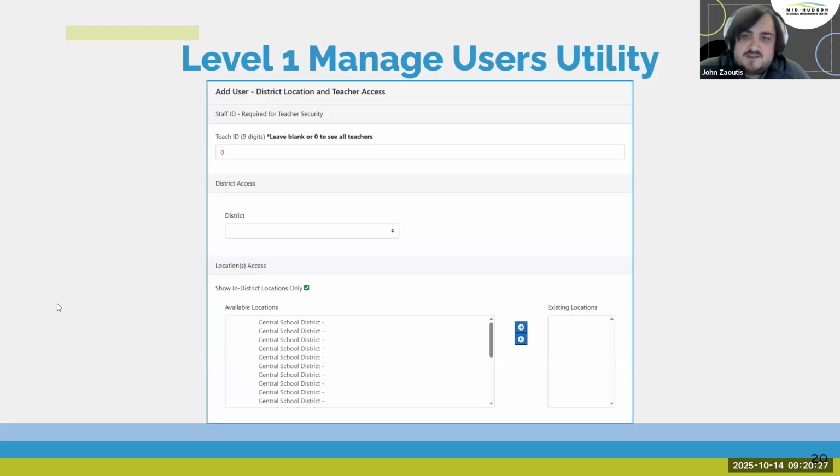The user's account will be created and they'll be automatically emailed a sign-in link to Level 1. This is just a sample of what the district, location, and teacher access part will look like. You've got the Teach ID at the top, which defaults to 0, but you can enter the actual Teach ID. District, like I said, will autofill in. I just blanked it out. And then available locations: you can click on the one you want and move it